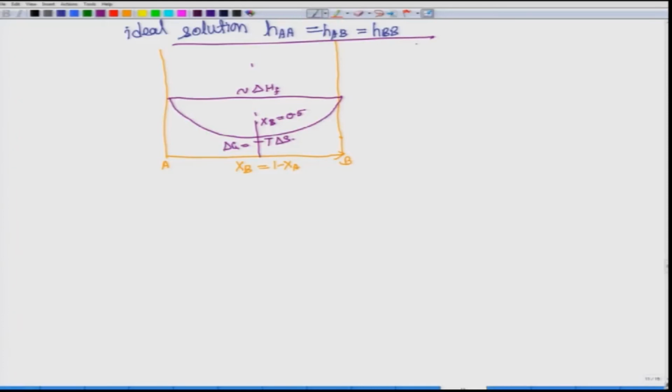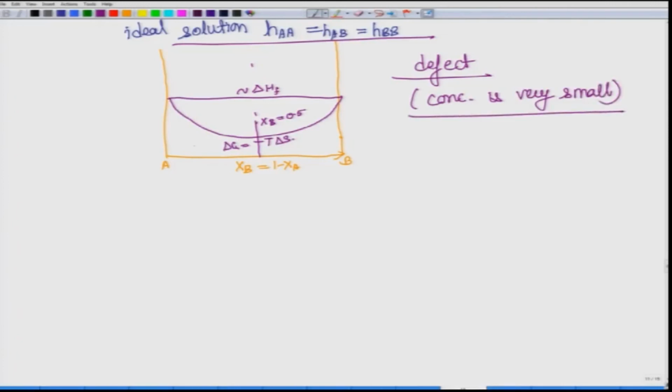However, like we said, we should not extrapolate these to very large concentration. You remember, we are talking about defects, and for that we have already made an assumption that concentration is very small. So, we must keep this value very small and not consider the larger values. We will come back to this, and we will also look at other situations, particularly the non-ideal situation. In fact, I would suggest that you look at it and see how it will vary. So, I will leave you at that, and we will come back in the next lecture.